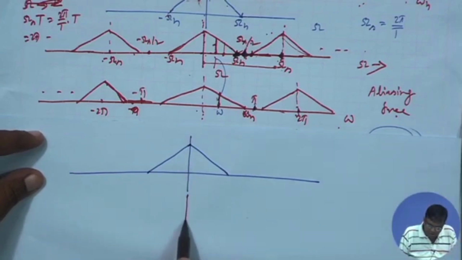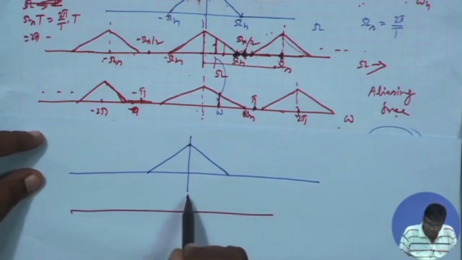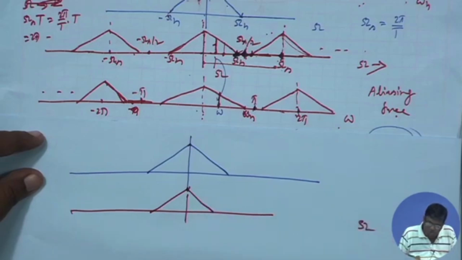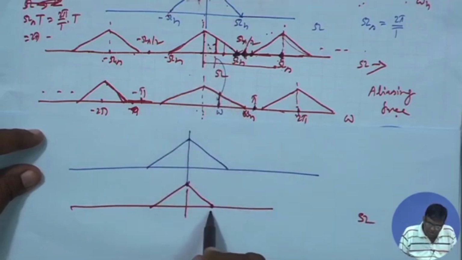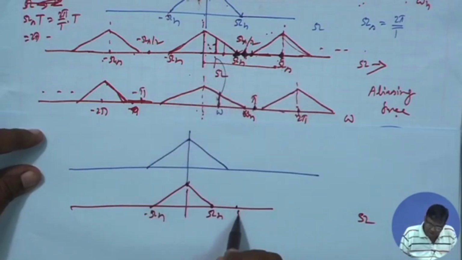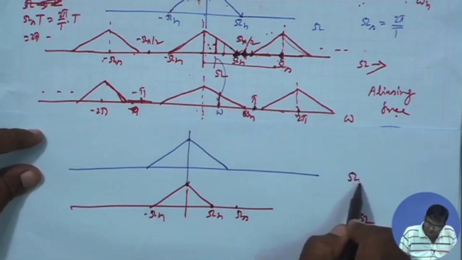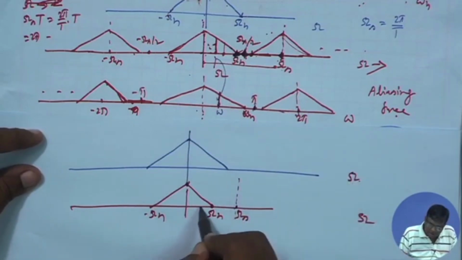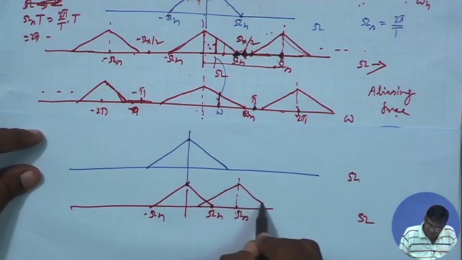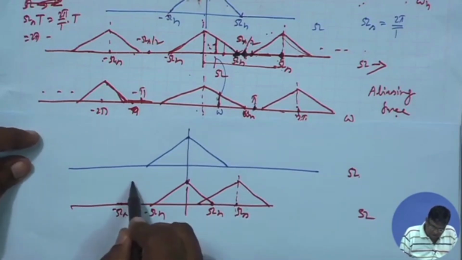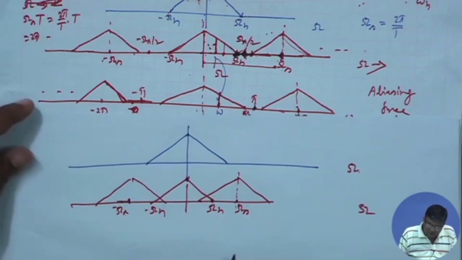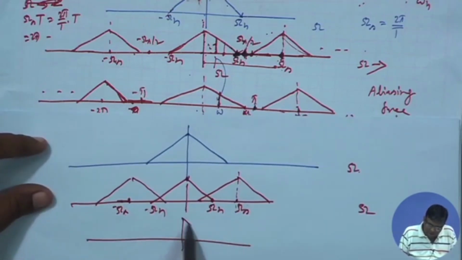This is given as a function of capital omega; first I am plotting this diagram, redrawing it, but omega s is not that far, omega s is, suppose, here. So around omega s the same thing will come, around minus omega s the same thing will come, and after overlapping it will become like this,